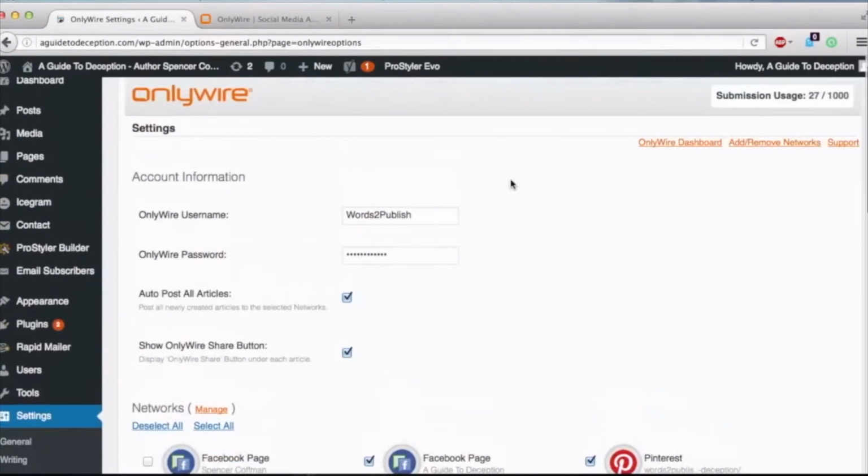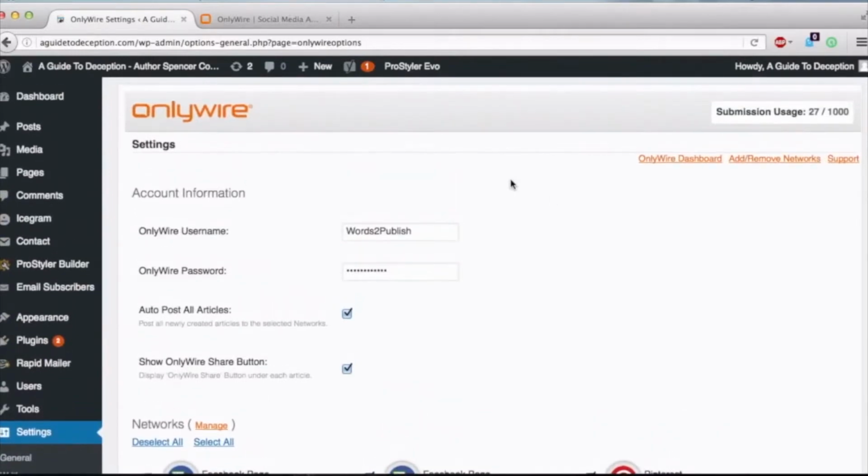Now, I purchased this plugin about 2 months ago, and since the day I purchased it, it has been nothing but trouble. One hassle after another. Articles not posting properly. It would grab the wrong images off the page. Also, it would grab the meta text incorrectly. It would post it as HTML or code rather than the actual words. In addition, a lot of the posts don't post, so then it misses.